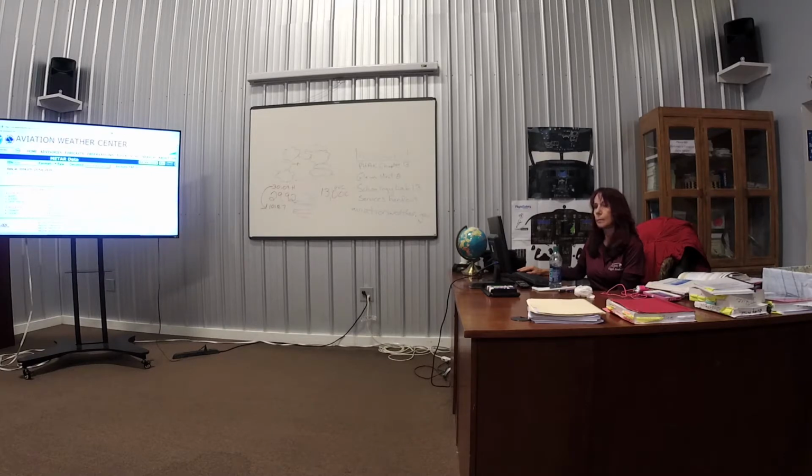So what exactly is the AO1 or AO2 again? That's the reporting equipment that a Class Charlie or Class Delta has, and it's just temperature to the dew point. AO2 has additional reporting. All you need to know as a private pilot is that it is reporting equipment that a Charlie or a Delta has, and it's temperature to the dew point. I have to remember exactly what it is so I can answer you.